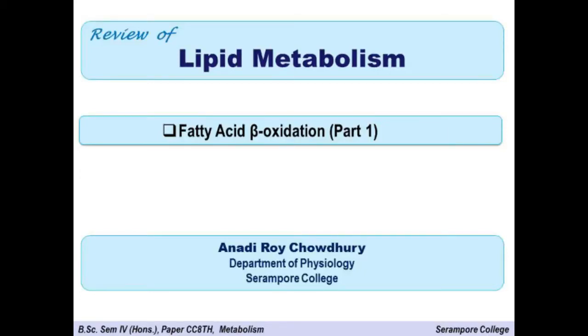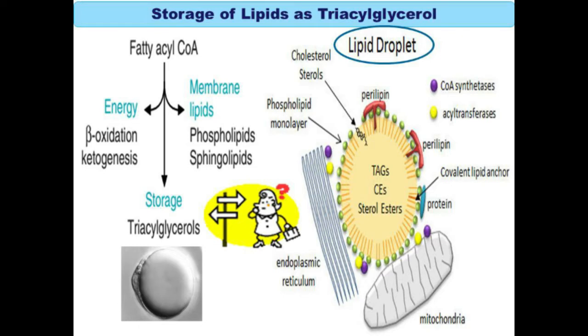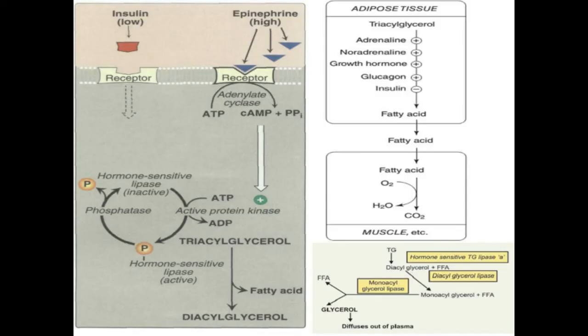Hello students, today we review lipid metabolism. Mainly we will discuss fatty acids and beta oxidation. Cells always prefer to utilize glucose and amino acids to produce energy, when there is an option and the cell is not in hypoxic condition. When cellular glucose and ATP level is very low,